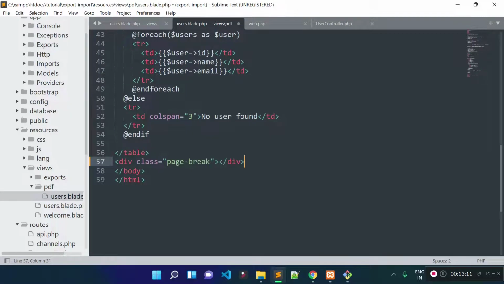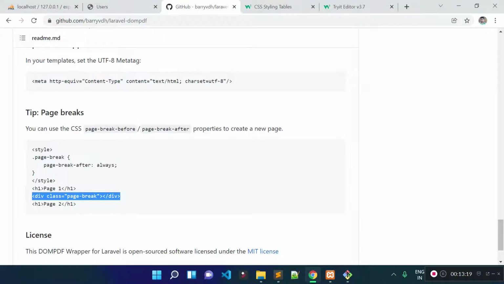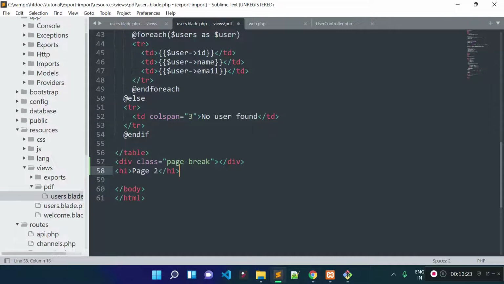Let's add this div of class page break. This will break the page. And then suppose in the second page you want to display any other data, you can do it. Suppose I want to show something in the second page, we can do it this way.